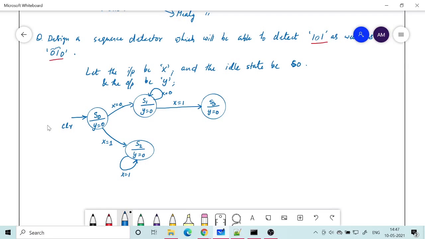But if I get x equal to 0, so in a way you can say that this is a symmetrical state diagram. Sorry, if I get 0, so 1 0, 2 bits are detected.